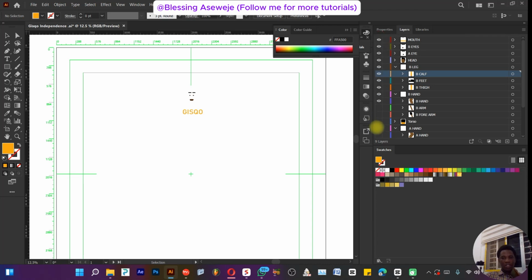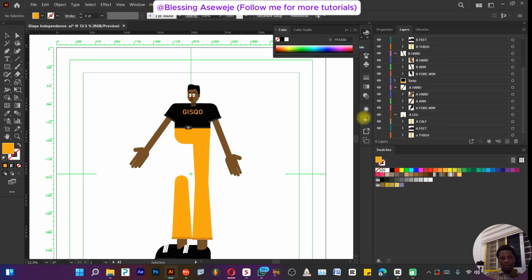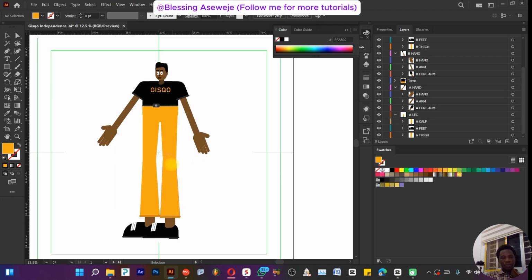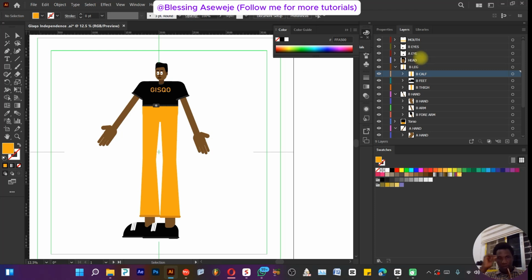So as you can see, the characters are all here. This is the character. It's for Gisco, and as you can see, the way I label the characters, it's very important that you do your labeling properly. And usually I use A and B. Usually other people, when they are doing their character design, when they're labeling, they use left hand, right